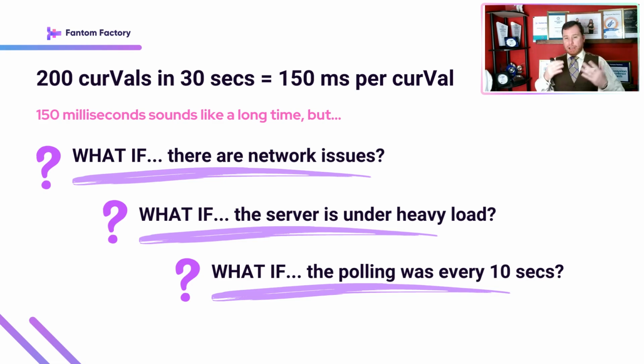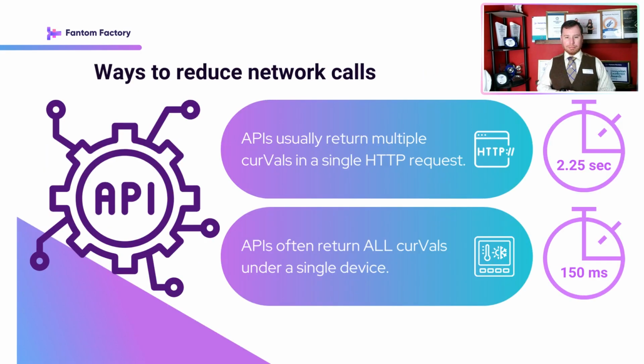I mean, obviously, as we just saw, the best way to increase the efficiency of our connector is to reduce our I/O. But how do we do this? Well, here, the REST API is your friend. Usually, we do not have to make an individual call for every single current value to the end cloud server. The REST API usually gives us a way to return all the current values that are available for one device.